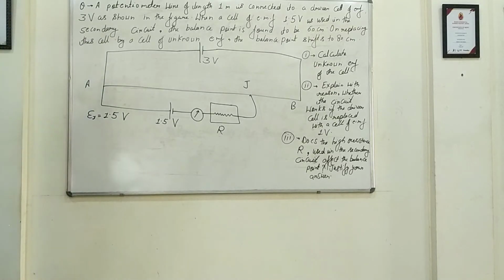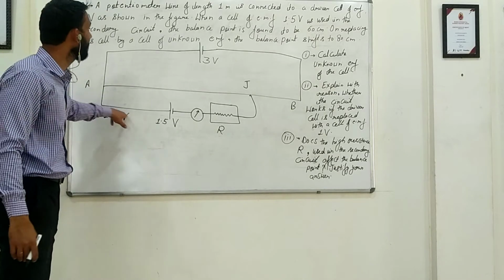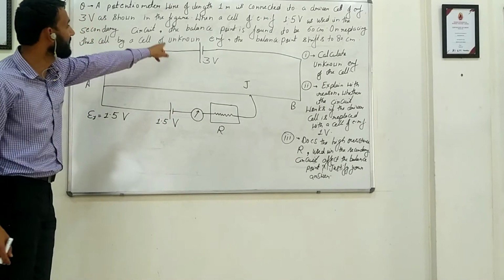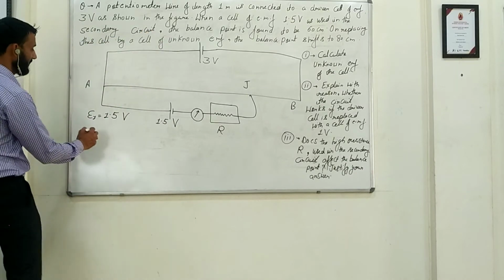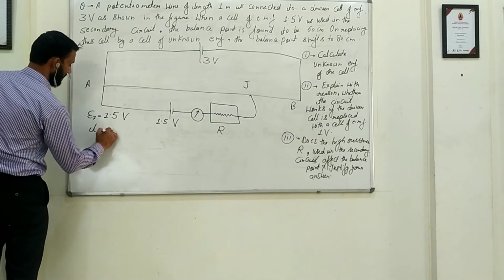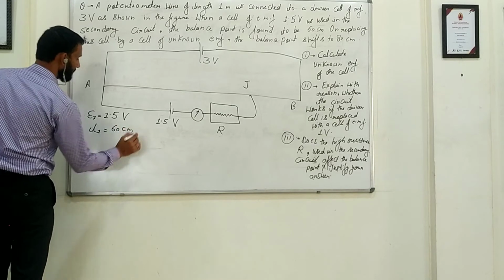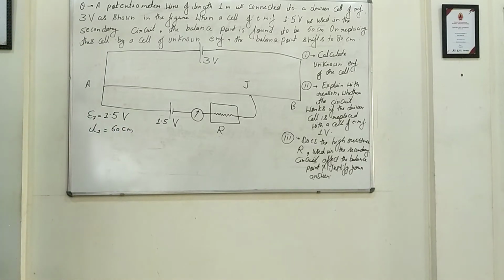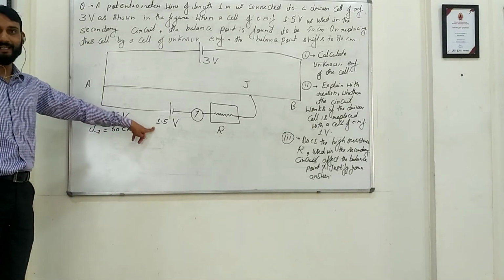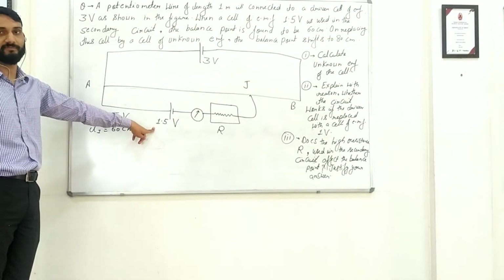This is used in the secondary circuit. This is the secondary circuit. That is the primary circuit. The balance point is found to be 60 centimeter. L1 is 60 centimeter. On replacing this cell by an unknown EMF, any other cell